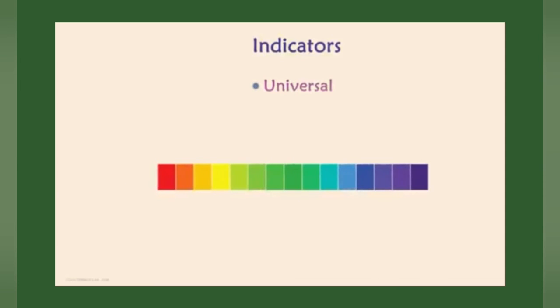A universal indicator shows different colors over the range of pH values from 1 to 14 for a given solution. And it is available in the form of strips as well as solutions. This is how the color matching chart looks. pH value from 0 to 6 show acidic nature, and pH values from 8 to 14 show basic behavior. And a pH of 7 shows it's purely neutral. Let's see what colors some of the most common substances result in.